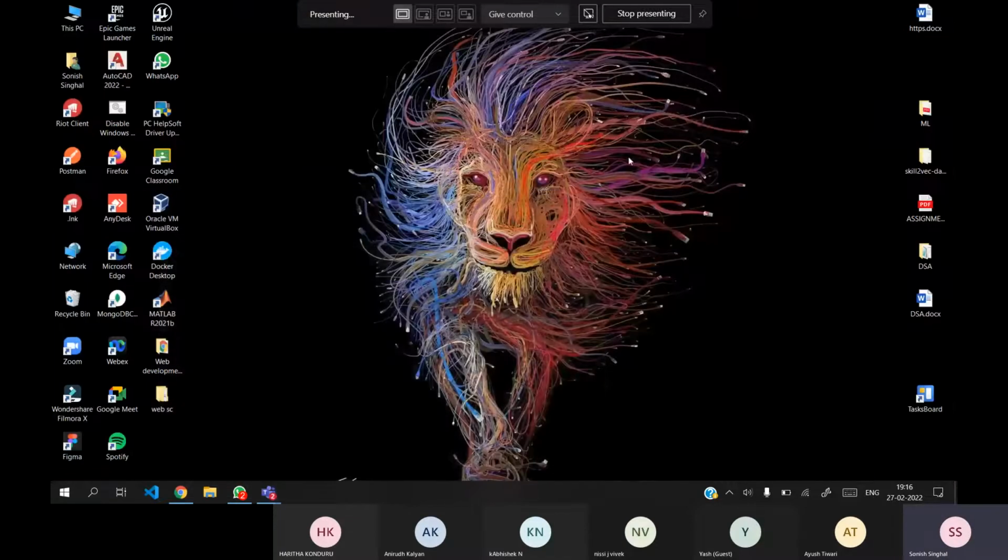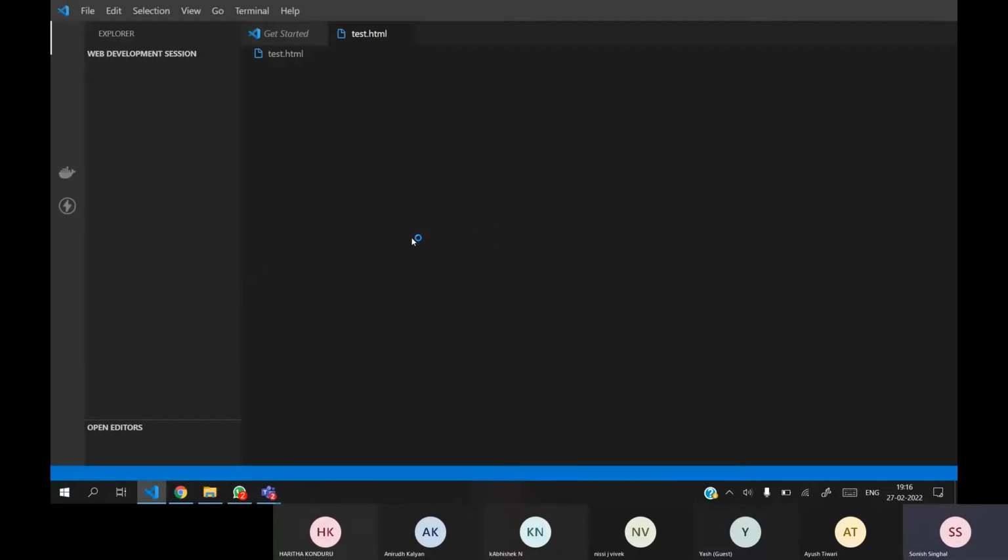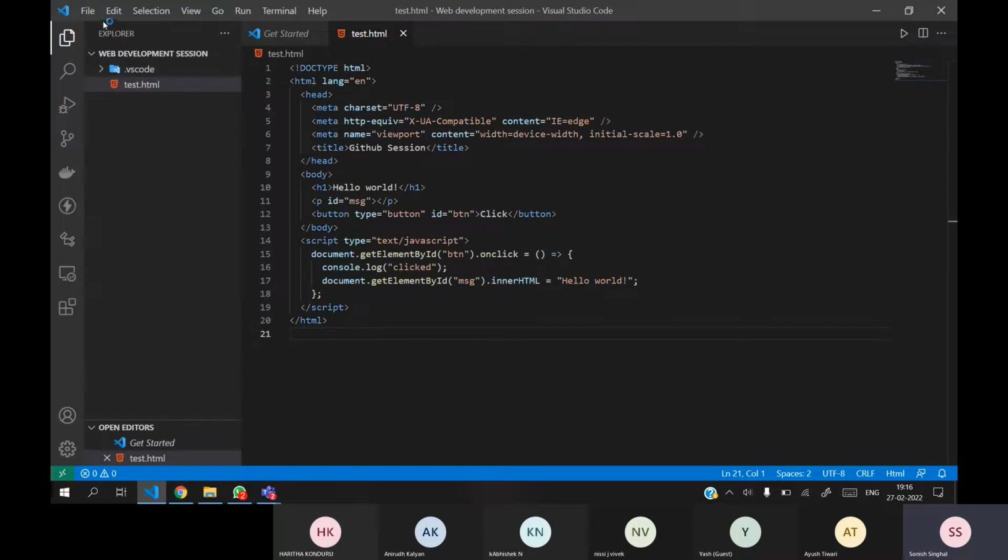First of all, you have to create a folder, and in that folder you have to open VS Code. You can open it from here also and create a new file. We will name it index.html.